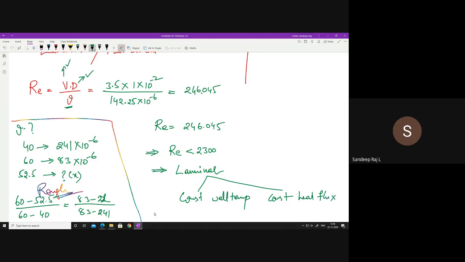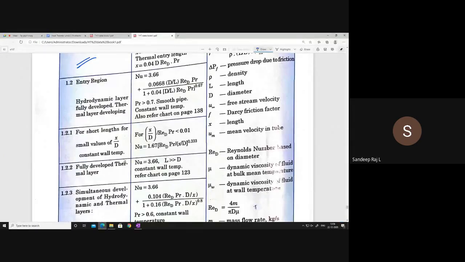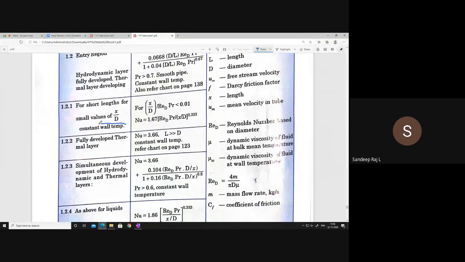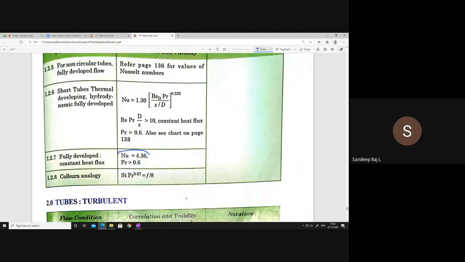If it is a fully developed constant wall temperature case, you have this formula. And if you have constant heat flux, this is the formula. Simply put, you use Nu is equal to 4.36 for constant heat flux